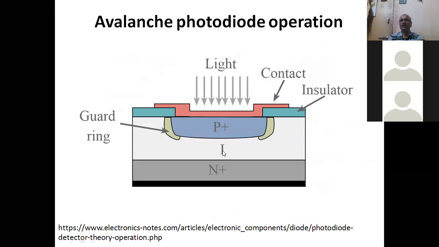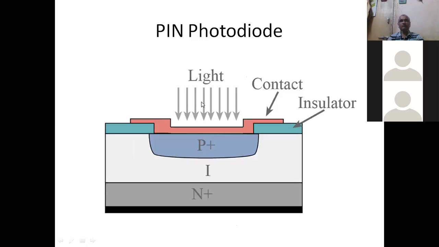And the function of this guard ring is to improve the width of the depletion region. So more the width of the depletion region, more electron hole pairs will be generated across the junction, and hence there is more current with the light intensity. So the current through this device increases with the intensity of light. So this is all about this photodiode.